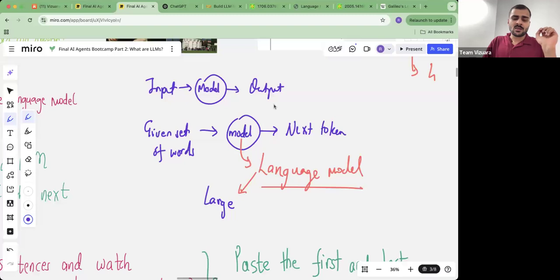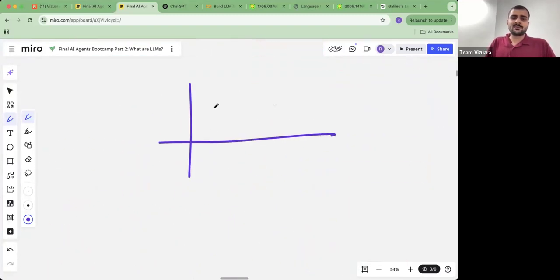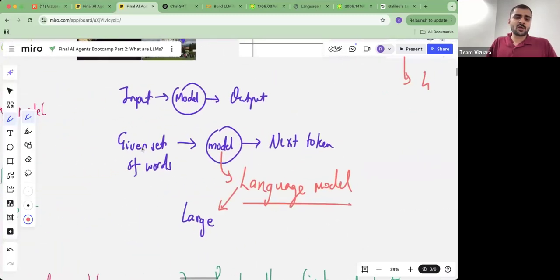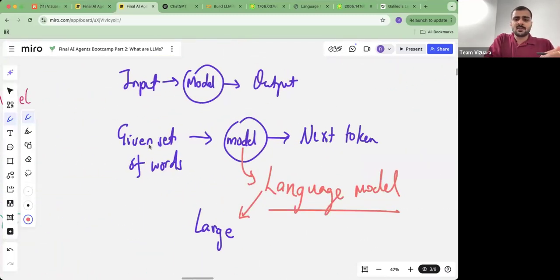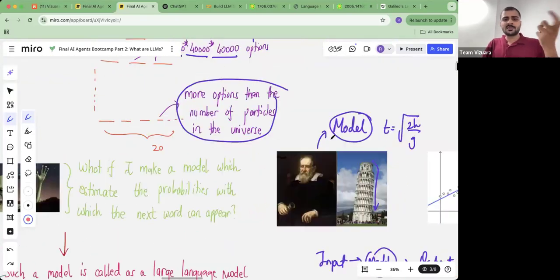The advantage of models again is that, if you have this data and you make a straight line through it, then if I give you any other input which is not present in my data, I can still predict an output for it. Similarly, even if I give you a set of words which are not in my data set, my language model will still predict the next token. That's another advantage of using models. So that's the first principles approach of